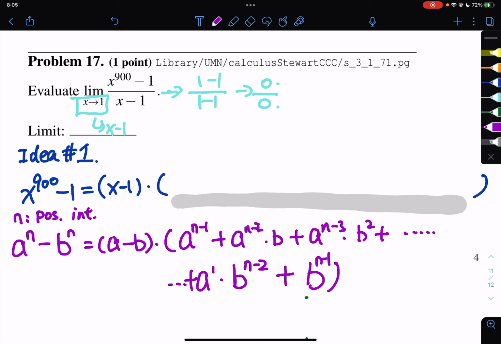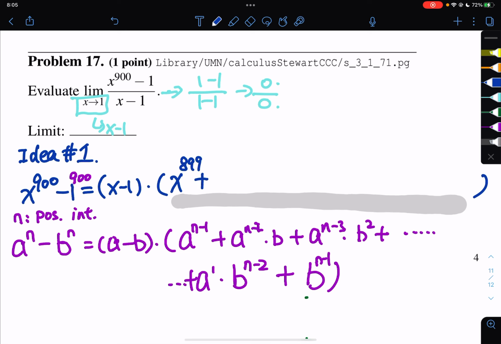Well, you may say the original problem was not x to the 900 minus 1 to the 900. But if you think about it, 1 to the power of 900 is identical to 1. Therefore, it is an a to the n minus b to the power n structure. So we can factor it with the following formulation, where a represents x, b represents 1, and n represents 900. So I could write my function as